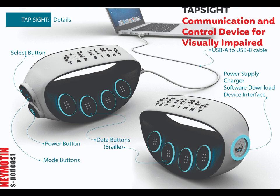Exactly. But the TapSight team, they seem to have prioritized portability from the get-go. I'm seeing that, yeah. They're talking about wearing it on a belt. Wow. Maybe even as a bracelet. So it's like always there, accessible. That kind of go-anywhere accessibility, that could be truly liberating, don't you think? I totally agree. Okay, so we've covered the what and the why, but let's get into the how, the design